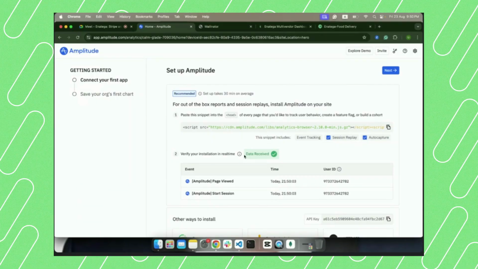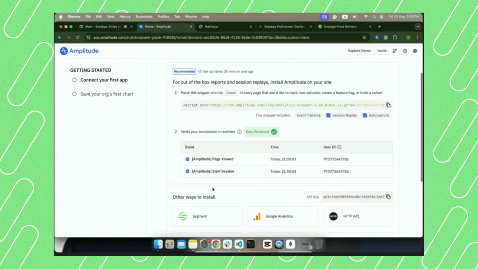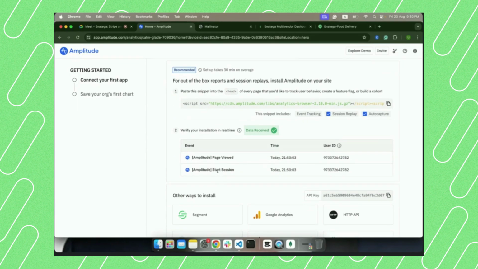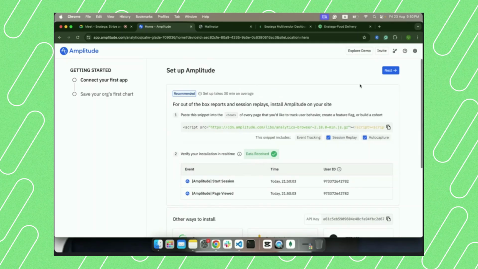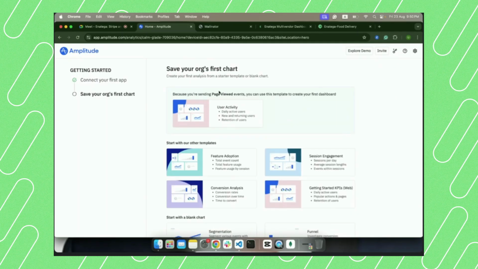Okay, you can see that we have a new event that says data received, and in the grid we have two different events, the first one is the session started. We have the user ID as well, and also the page view. Okay, so once you're done, you can just click on next, and then here you have